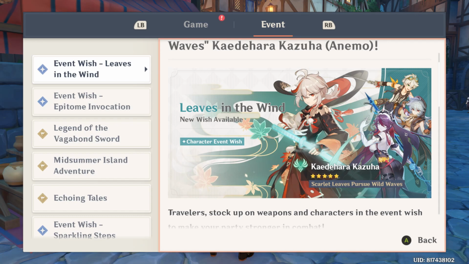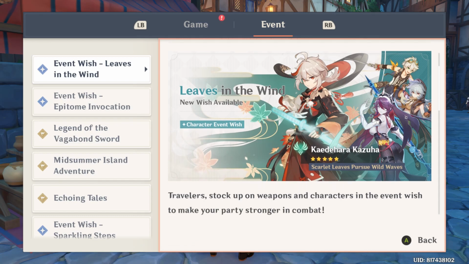So damage amplification support, meaning someone like Bennett, who gives you a flat attack buff, a huge flat attack buff, or someone like Mona, whose burst gives you a percentage damage bonus. Now for Kazuha himself, he gives you elemental damage bonus based on his elemental mastery. You can get up to something like 45 or 50% if you go full EM on him. And on top of that, what Freedom Swan does,